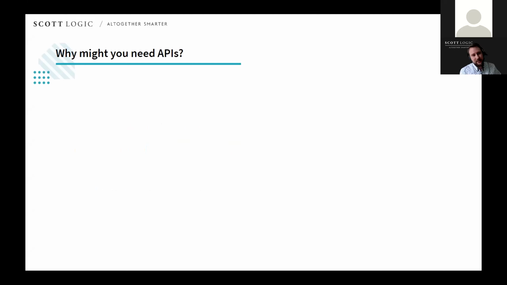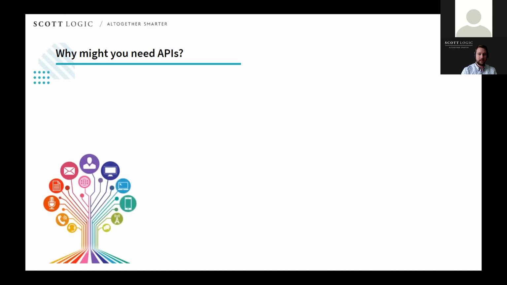Before talking about API strategies, let's take a look at some of the reasons why you might need one in the first place. APIs have grown in popularity and importance over the last 10 years or so, and have now become a fairly mainstream concept. However, most businesses haven't yet embraced APIs to their full extent, and many organizations are still maturing their position on APIs. And often business leaders can consider an API a technical concern, but there's actually many good business drivers for adopting APIs. The first of which, and a very common one, is to open up additional channels to